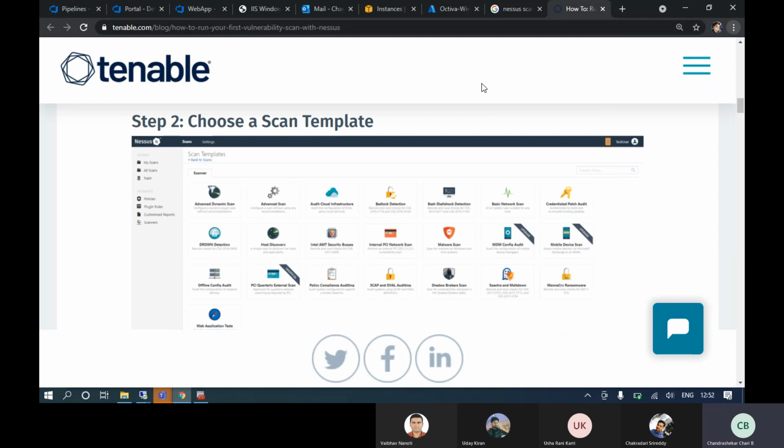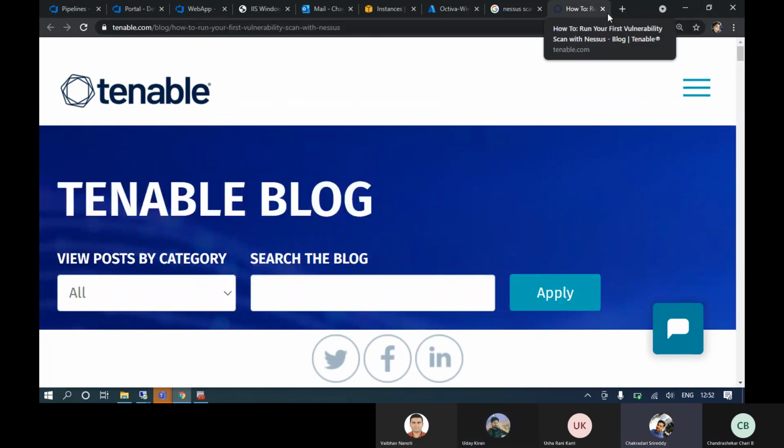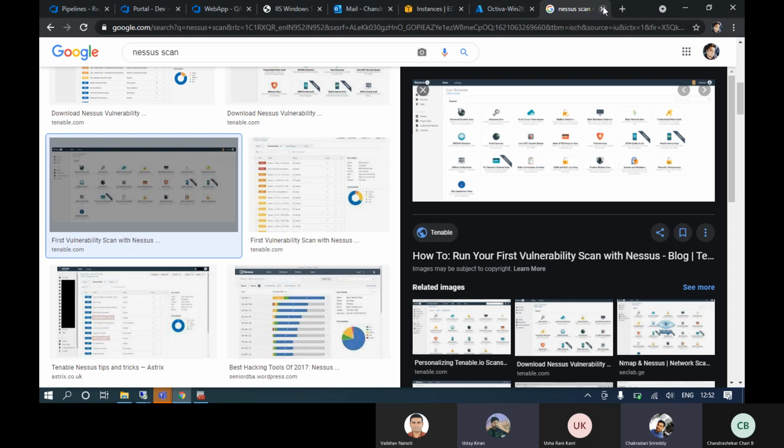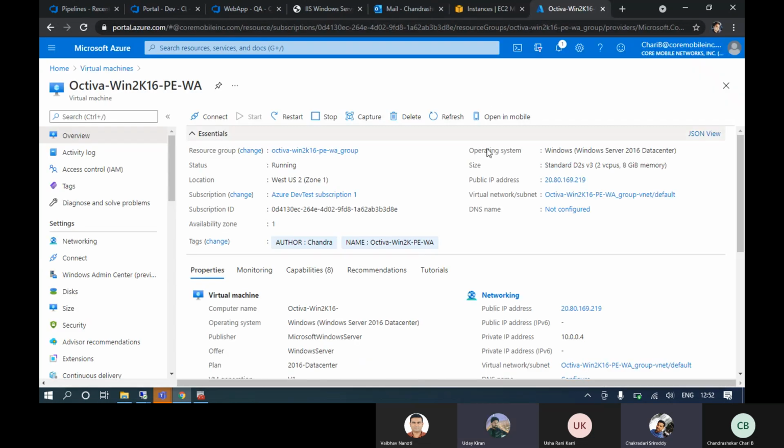Uday, you can see my screen, right? Yes. This is the portal you will get once you install the scanner inside any server. Here you can click basic network scan. It will ask for the IP of whichever server you need to scan. You enter that IP and start the scan, and it will generate the report. I provided a basic scan report, the first one. The report will be like that. You can download it and see.